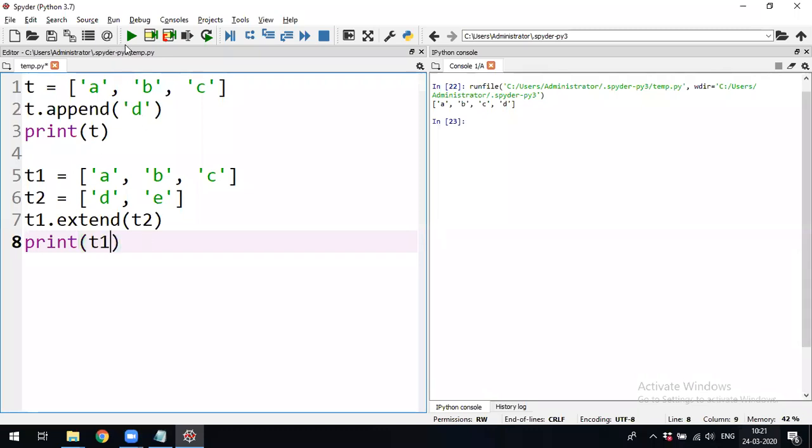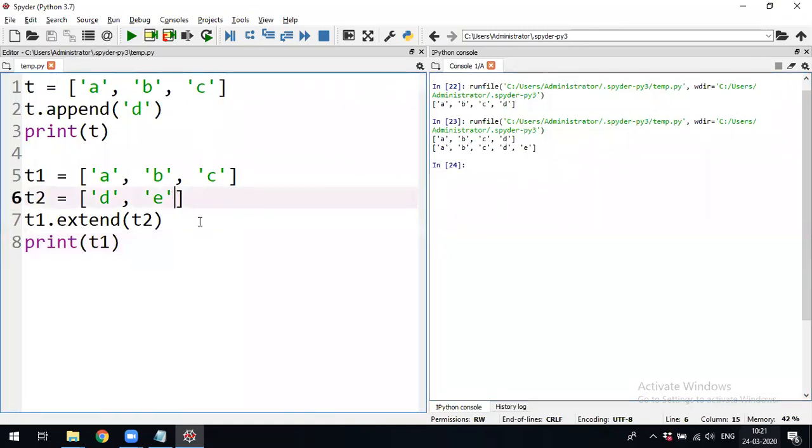Print of T1. See now the elements A, B, C, D, and E. Any number of elements you can extend.